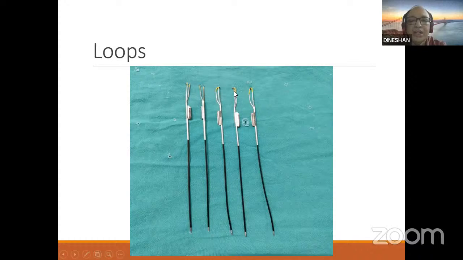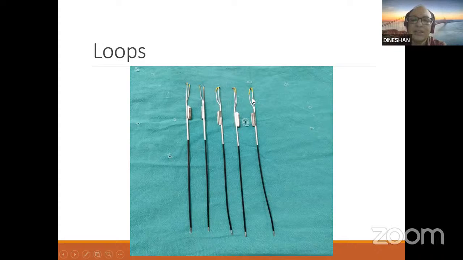And you have the Collins knife with which you can make an incision, especially for the TUIP, transurethral incision of the prostate. And this is the ball electrode, used when you have a large area you want to coagulate. Ball electrodes are always useful. Otherwise, if you want to do a point coagulation, either a loop or a Collins knife is enough.